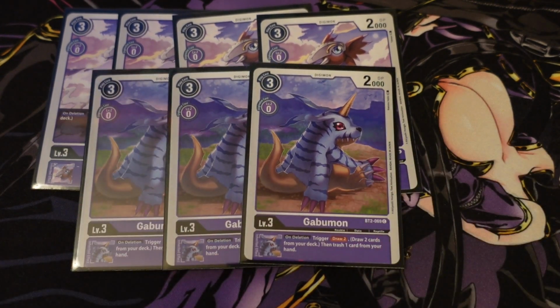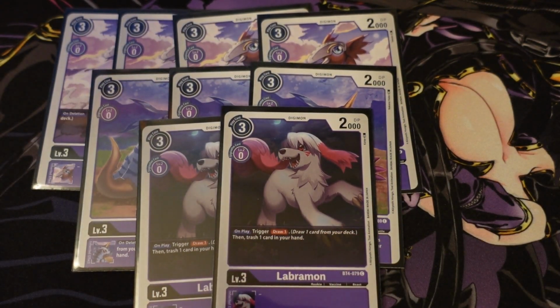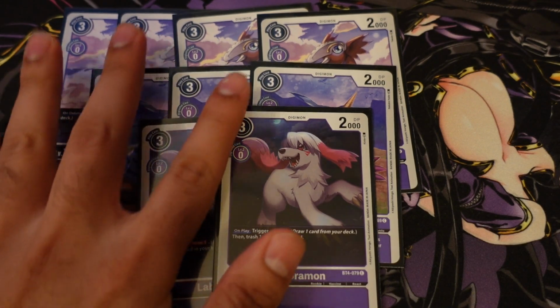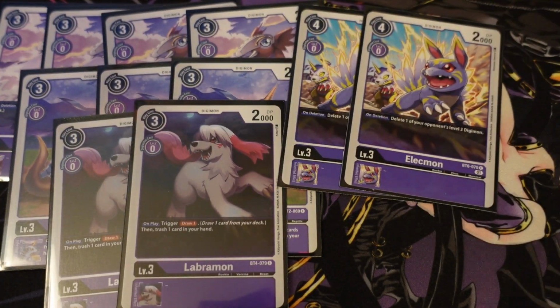So Gabumon is really nice for that, and in a similar vein with the on-play effect, Labramon helps you cycle as well, trigger, draw 1, and trash 1 whenever this guy is played from your hand. So that is it for the cycling through your deck cards, and then for the other level 3s,